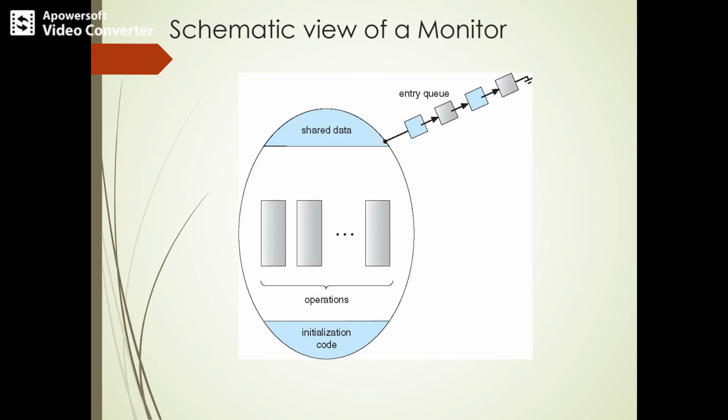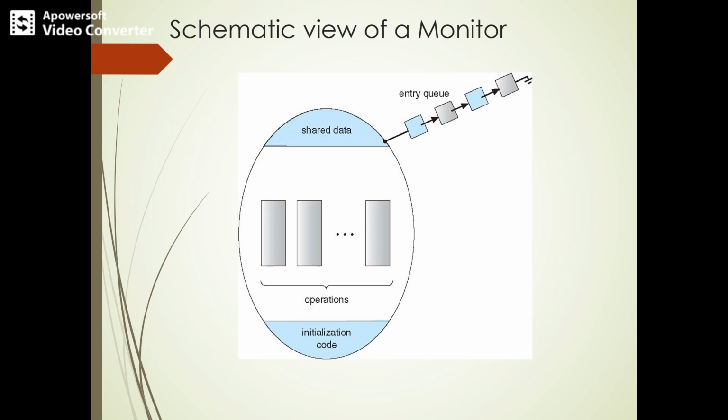So here we have a schematic view of a monitor. It is an abstract data type for which only one process may be executing a procedure. So there will be a set of operations and there is an entry queue, wherein only one process is allowed within the monitor section. The monitor section is a collection of procedures, variables and data structures, and data inside the monitor may be either global to all the routines or local,